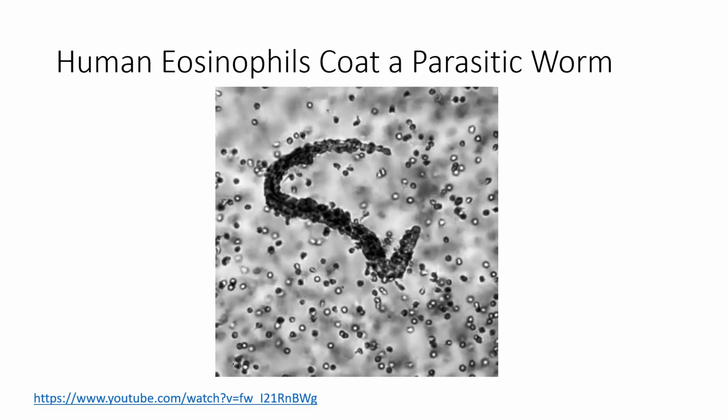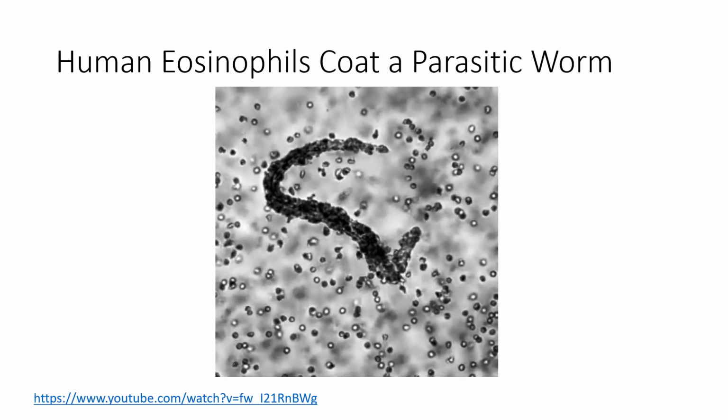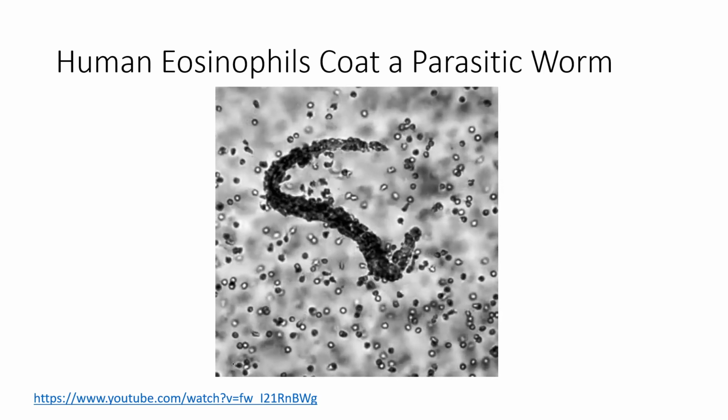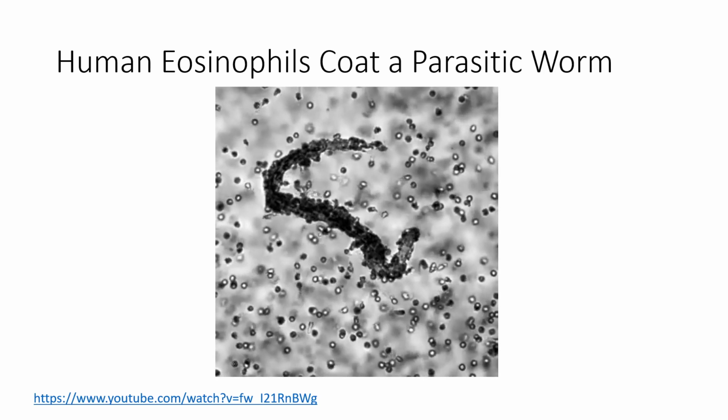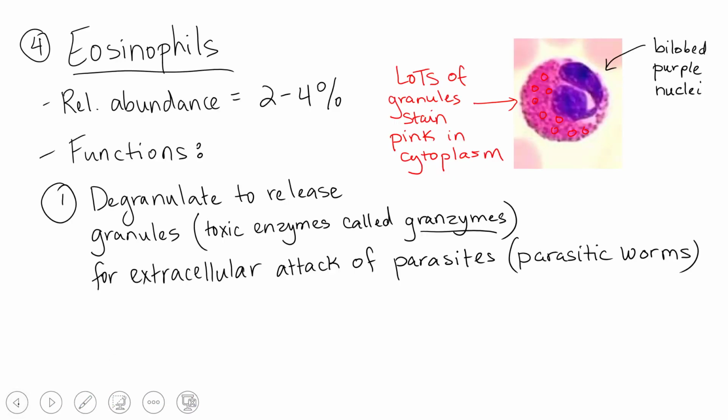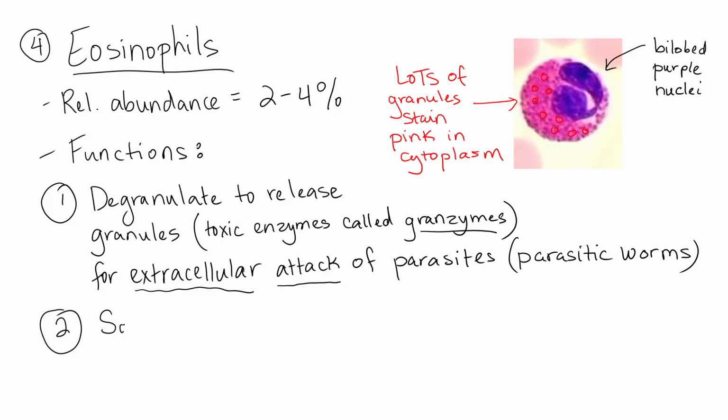And as they coat the worm, they degranulate and release their granzymes. What they're doing is digesting the worm. This worm is huge, so they can't really swallow it, but they can digest it extracellularly. So it's an extracellular attack on parasites. If the parasite is small enough for the eosinophil to phagocytose it, which means to eat it, then it will do so. So the second function, we say that it's somewhat